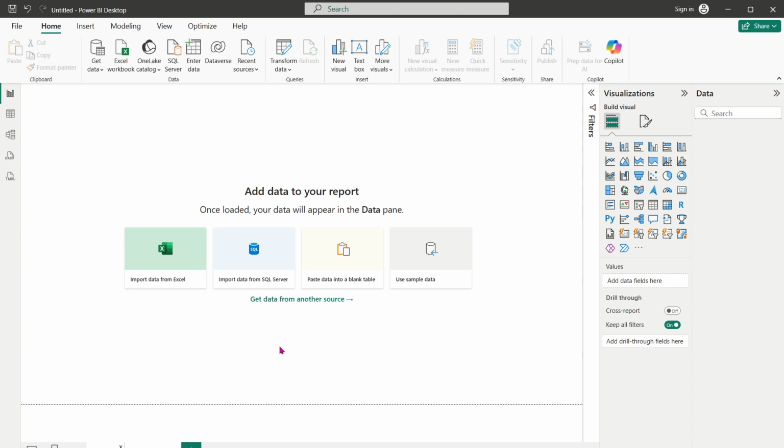First things first, open your Power BI desktop application. If you're new to Power BI, you might want to familiarize yourself a bit with its interface, but don't worry, we'll keep things simple. Now, once you have the application open, the next thing you need to do is import